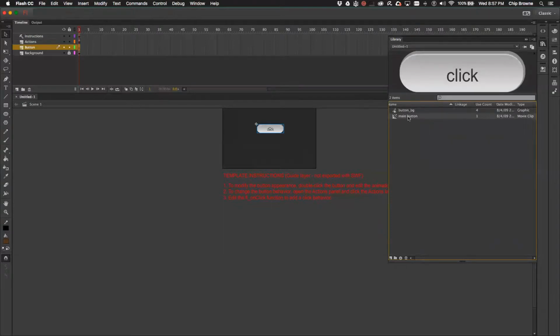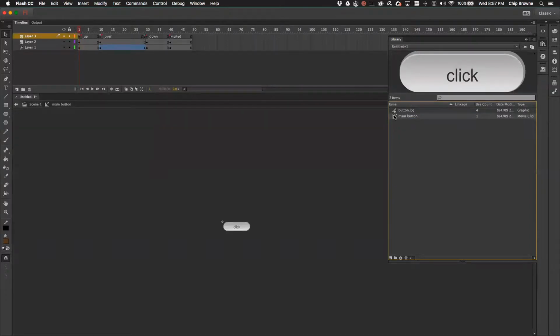Now, if we double click on main button, we're going to go into its timeline. Oops, you've got to double click the gear. Forgot about that. We'll go into its timeline. This is a new timeline. It's associated with this symbol, and there's the timeline here. So this is a button: up, over, down, and visited. So this is a different way of doing buttons. This is all ActionScript